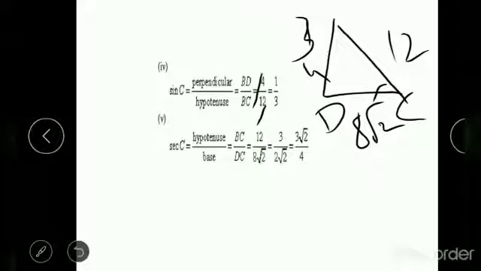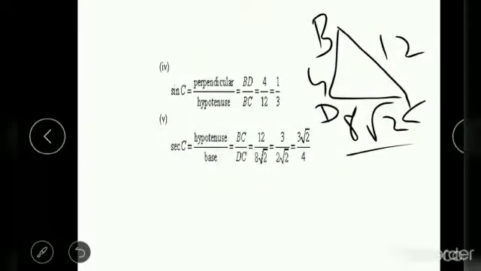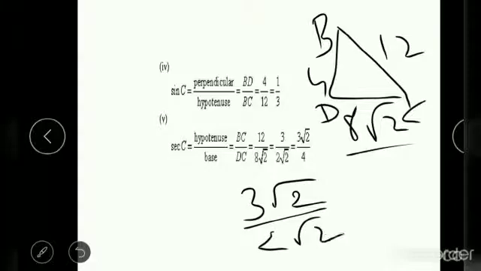So what is the formula to find the secant? It is hypotenuse by base, that is hypotenuse is BC and base is DC. Okay, that is 12 divided by 8 into root 2. DC is 8 into root 2. So you get 4 ones are 4 3s are 12 and 4 2s are 8, right? So is 3 divided by 2 into root 2, right? This can be written as 3 into multiply the numerator and denominator with the root 2. So what do you get?